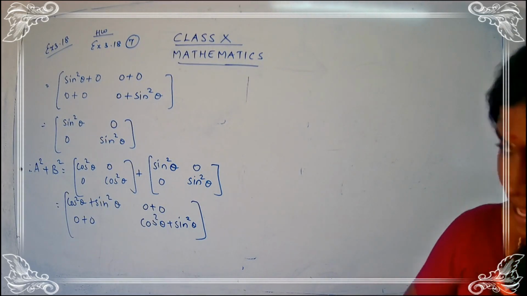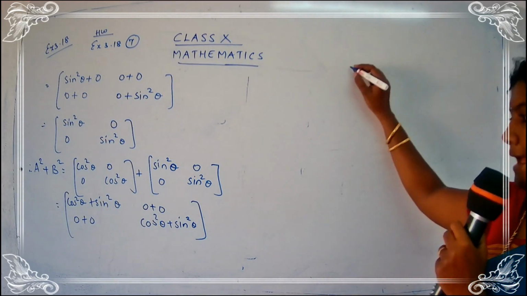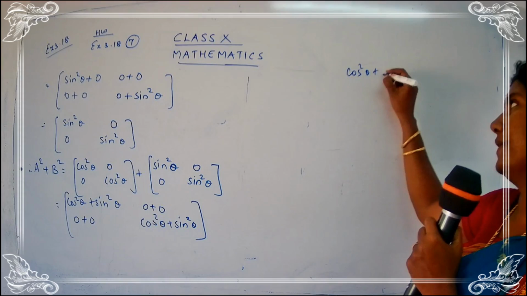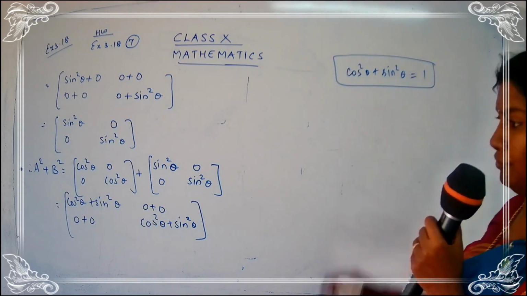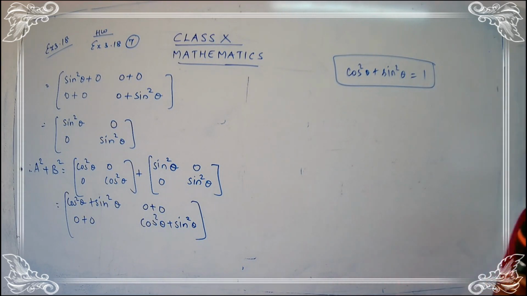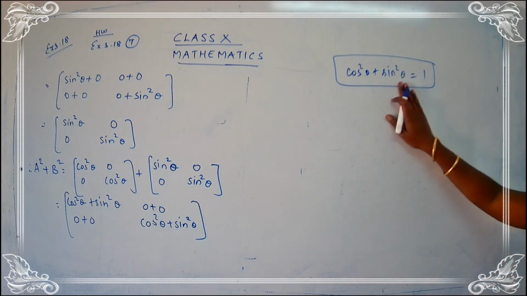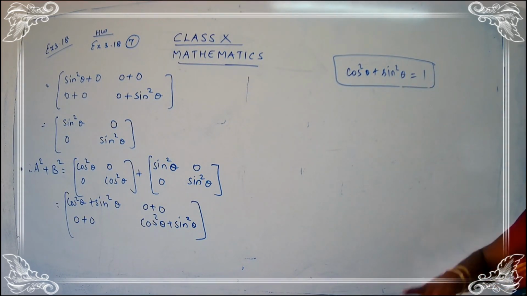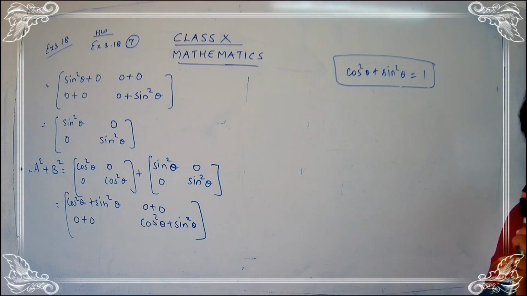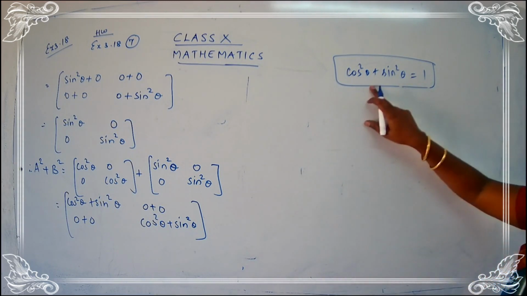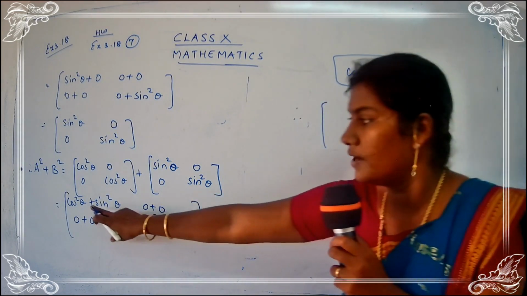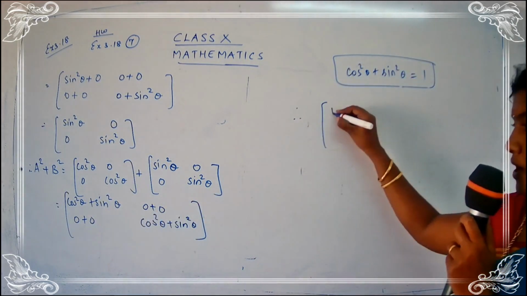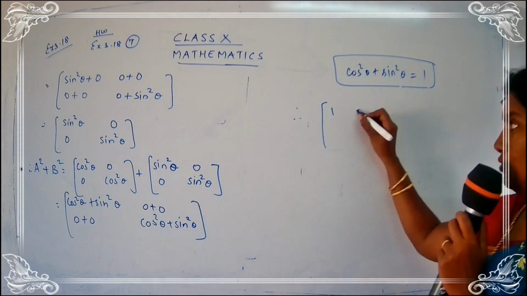So now we have a property. If you add cos square theta plus sin square theta, the answer is 1. This is a property that we have to use. The property is cos square theta plus sin square theta is equal to 1, or you can say sin square theta plus cos square theta is equal to 1. So you have to write down this property. Therefore, cos square theta plus sin square theta is 1, so we get 1, 0,